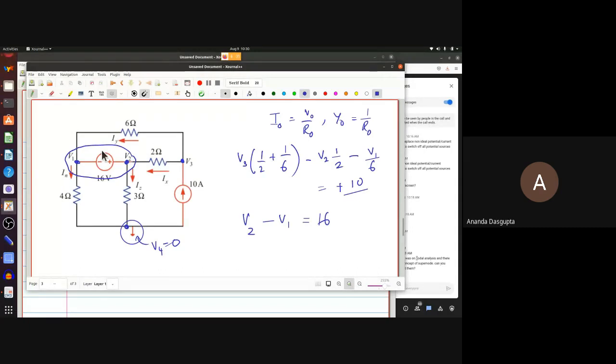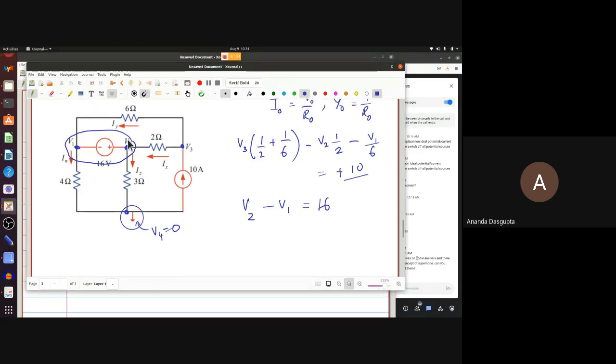By the way, you might say, then what happens to the current through this? Because that's still there. But note that if you're taking these two nodes together, then the current flowing out of V2 through this and the current flowing out of V1 through this are exactly equal and opposite. So they will just cancel out. It's just like not having to worry about internal forces. Here is internal current. They will just cancel out. So you could, of course, if you don't like the concept of a supernode, I'm just borrowing the term. I'm assuming that's what a supernode means. But if you don't like that concept, you could simply say something like this.